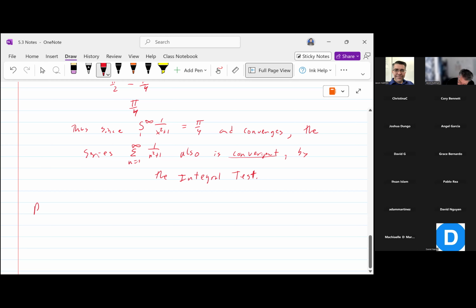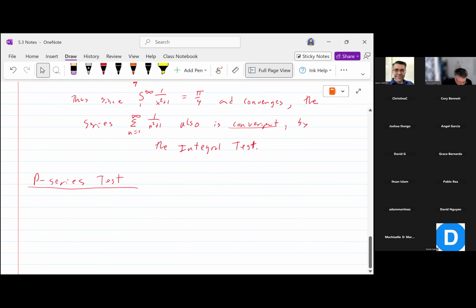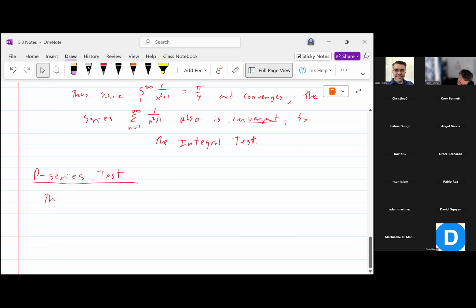Okay, P series. The next test that we're going to look at is the P series test. The P series: the summation from n equals 1 to infinity of 1 over n to the p power